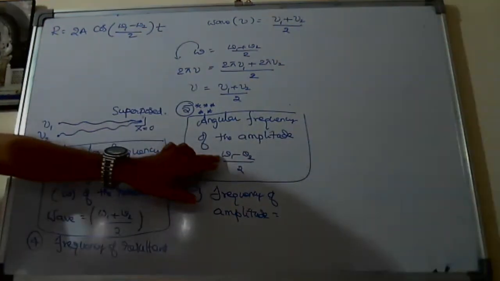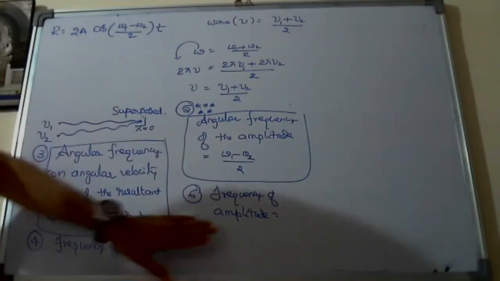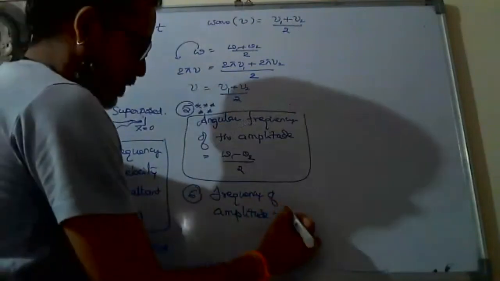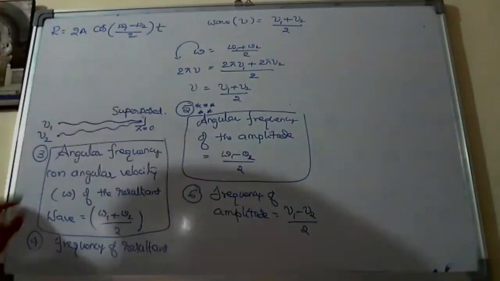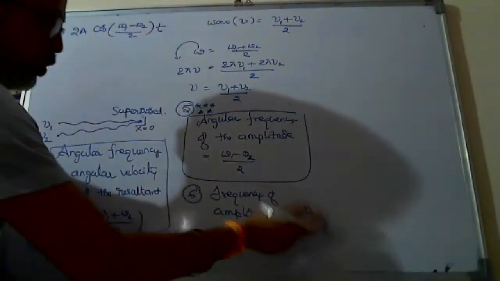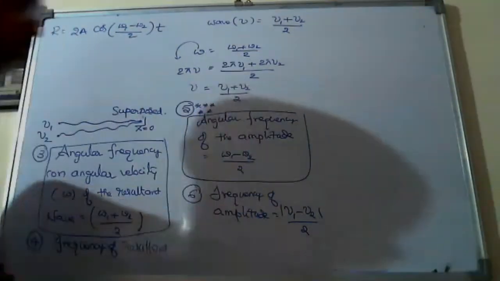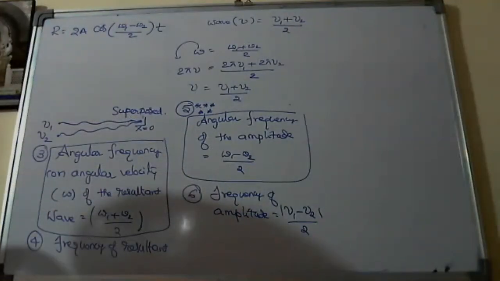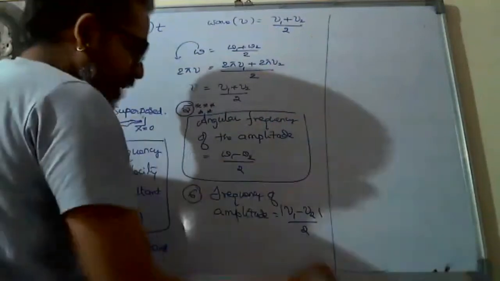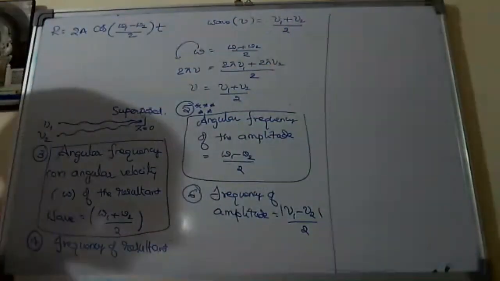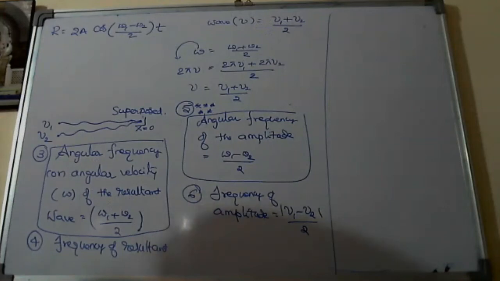from this equation, what can you say? Omega 1 minus omega 2 is the angular frequency. I am asking frequency: (nu 1 minus nu 2) by 2. And that too, it is in a cos function, so either you can write nu 1 minus nu 2 or nu 2 minus nu 1. Better we write the modulus, meaning bigger value minus smaller value divided by 2. And that frequency changes with what intervals of time.